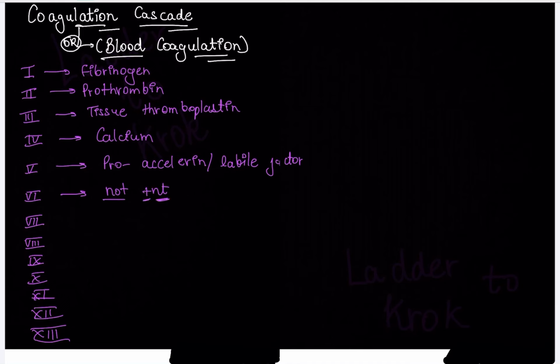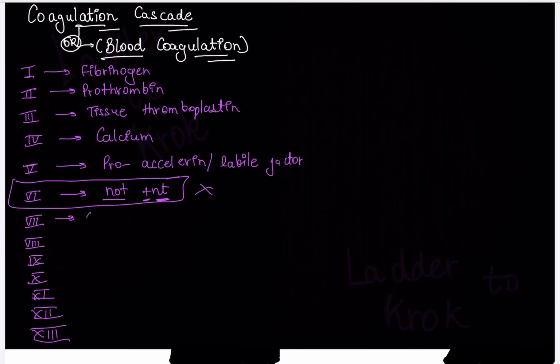Okay, not present. Why? Because when scientists were finding these factors, they thought of this fifth, as we will discuss just now: when the fifth becomes active, it will become fifth A. The first one when active will become first A. So they thought that the active form of the fifth is the sixth, so they put it also in this list, but it's not present. Okay, so the sixth one is not present.